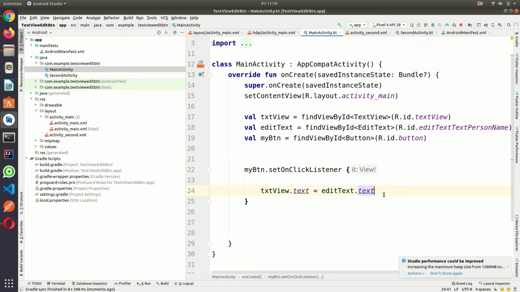Here, on button click, I am going from the first activity to the second activity. So how can I do that? For that, I'll create one intent.